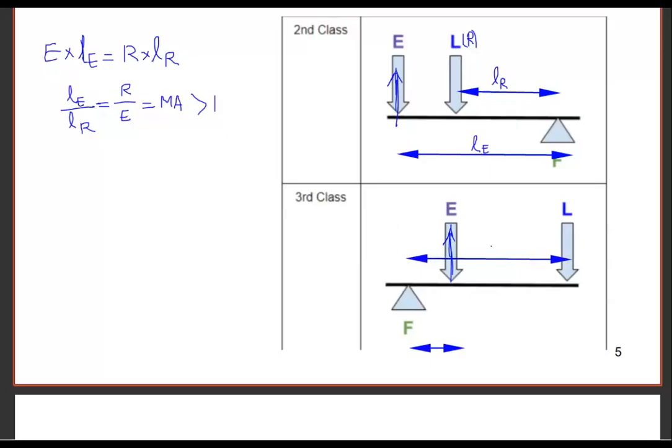So this is LR, this is load or resistance, this is LE or effort arm. Again the same formula, but this time, because LE is less than LR, mechanical advantage in lever type 3 is always less than 1,